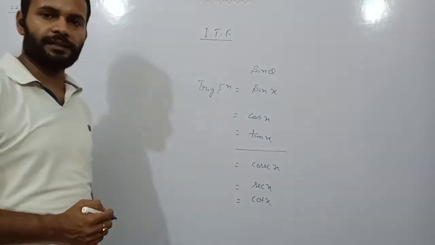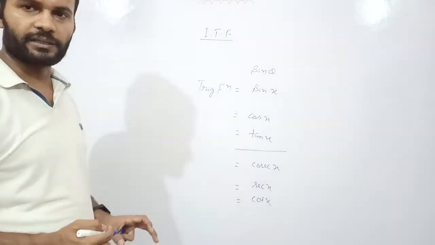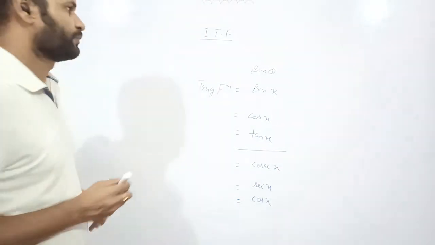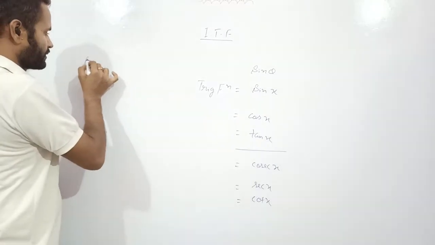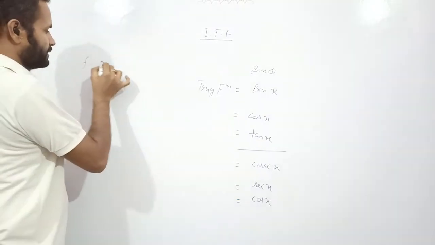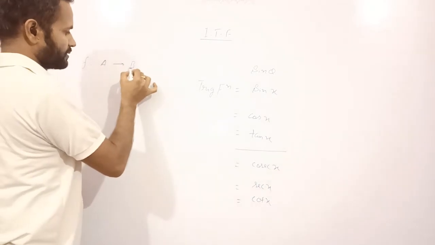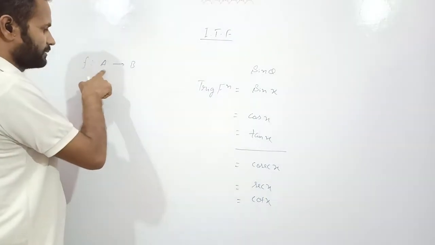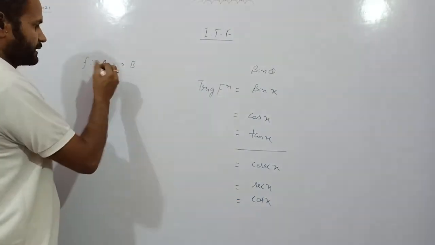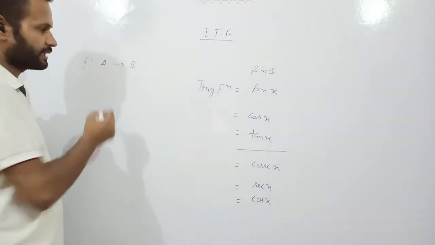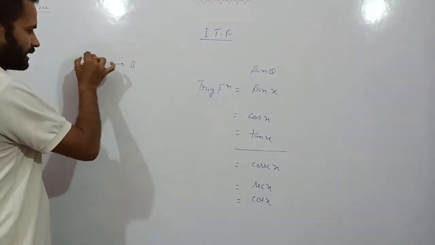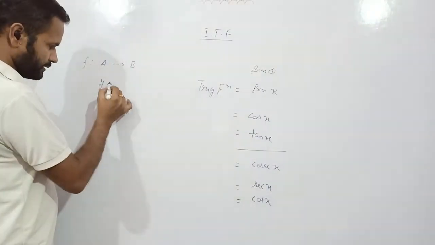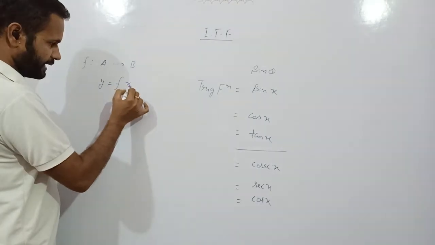You know very well, in 10th class you have studied these 6 trigonometric ratios, and now if you have understanding of functions, what is a function? You know what is a function? Function is always a image of one set into another set. So B is the image set and this is pre-image set. Then the relation f is called function, and if f is denoted by y, then y equals to fx.